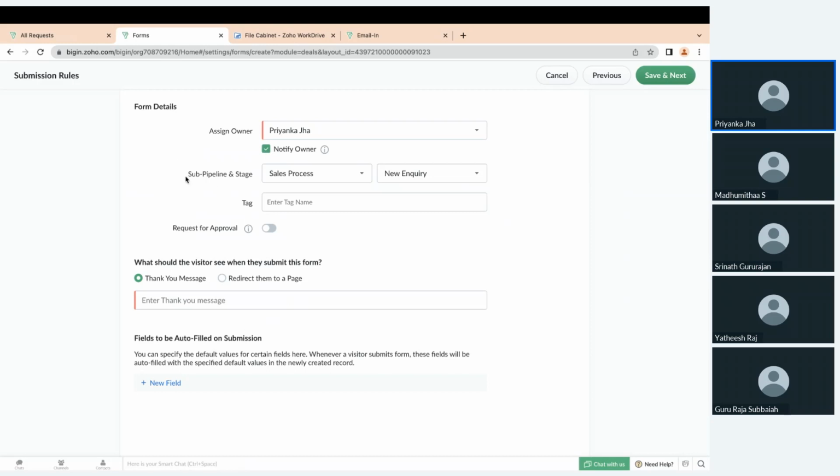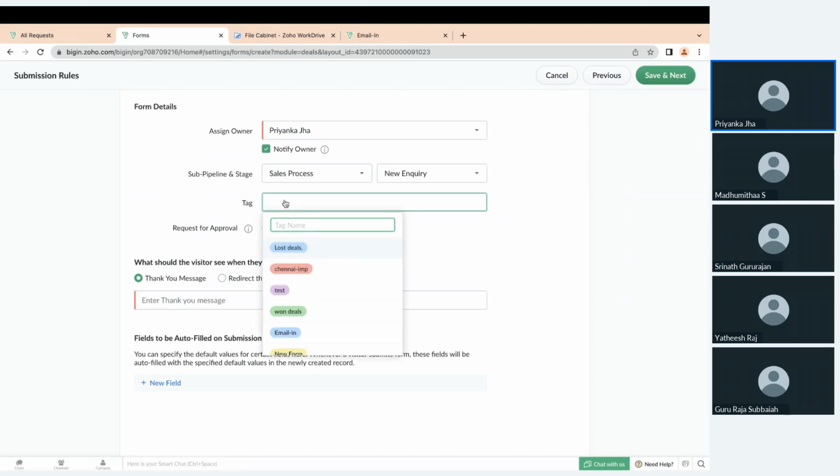button. Here you have to select the sub pipeline and stage as well. So I will keep the sub pipeline as sales process, and the stage would be the first stage, which is new inquiry. You may give a tag as well. So this again, as I told you while explaining email, tag will help you to filter records quickly. So here you can give a tag name, that forms or pipeline forms,